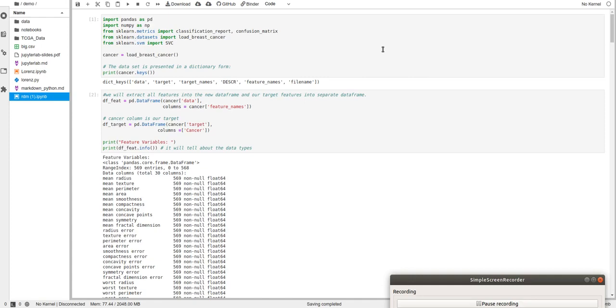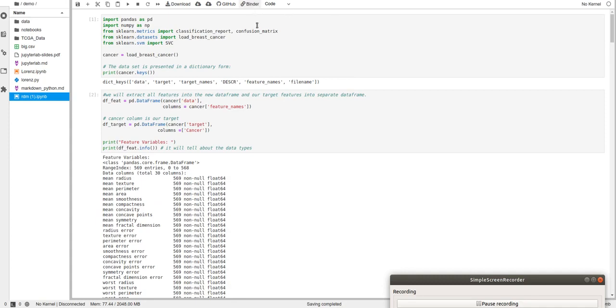First of all, I will tell you that I'm using a support vector machine here, SVM, and I'm working with a classification problem. Now the question is why I'm using a support vector classifier. I'm using it because it gives us higher accuracy as compared to other classifiers. You can also use other classifiers like random forest classifier or any other classifier which is comfortable for you. But I am using SVM here.